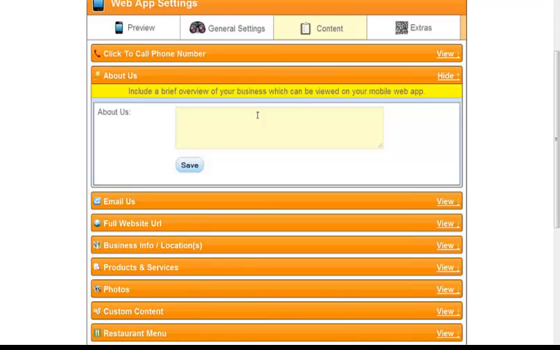They're looking for who the company is, how do I get a hold of them, and do they have any directions? And if it's a car lot, like myself, I bought my wife a car as we were driving down the road off of the mobile app. I picked the car out, walked in and showed them the VIN number, showed them the car, and I bought the car. But you want to put some About Us information in there, and it needs to be brief and short.